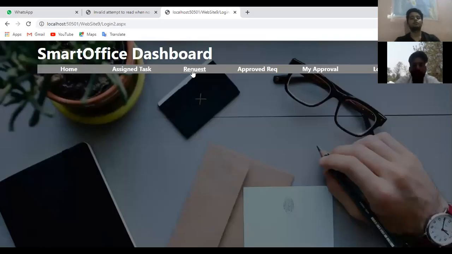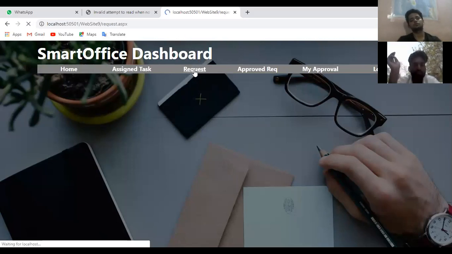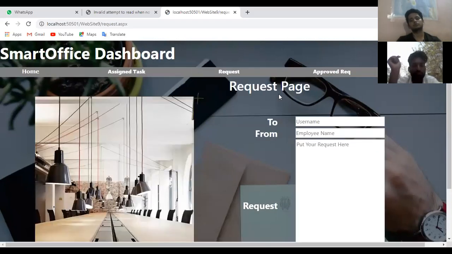It will show the following bar: request, approved request, and my approval. Just see the request. To make the request, we will give the username, employee name, and put in your request.